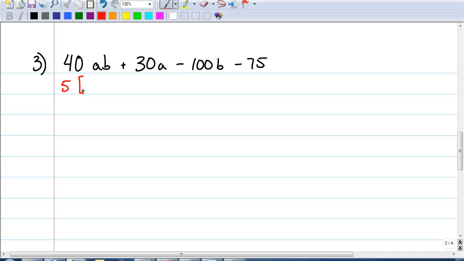This 5 is going to stick around. It's going to be part of our final answer. So that's why we use the bracket, just to keep it separate now from the rest of the problem. But we do divide everything by 5 here. So this will be